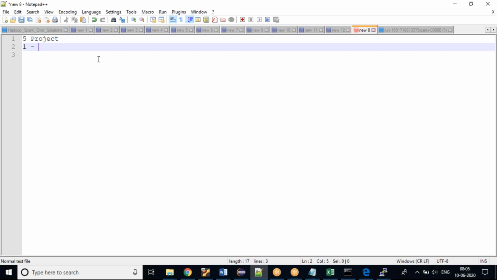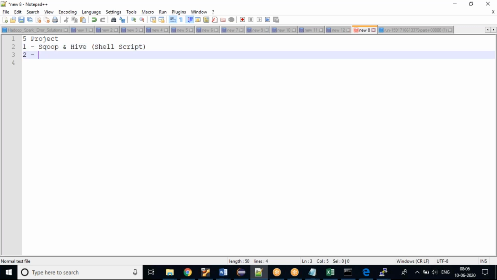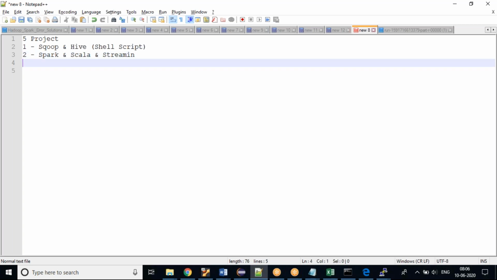One would be a combination of Sqoop and Hive, where I would be writing a shell script to automate that, and I'll be showing you that. Two projects would be on Spark and Scala, with streaming as well.